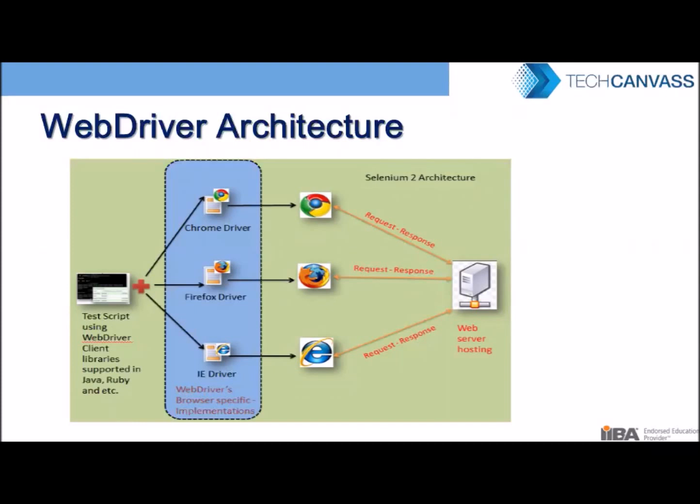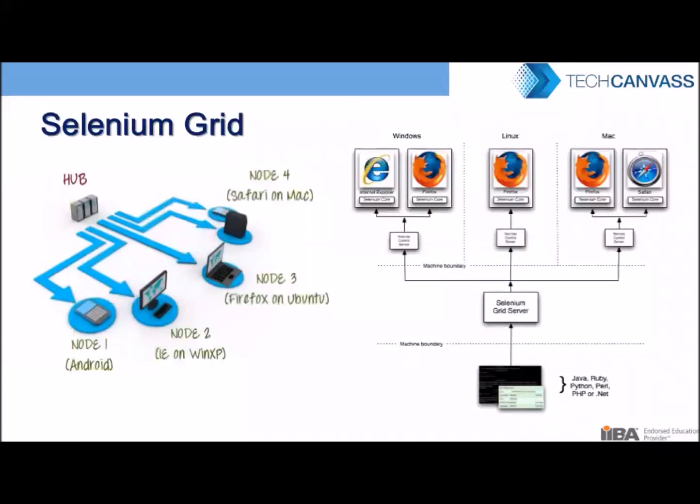Okay. The next is Selenium Grid. As I told you, we just have to write the script once here, then we have to configure Selenium Grid, and it will take care of multiple platforms and multiple browsers as shown in this figure. See here, I have configured Windows as an OS. There is Linux, and the third one is Mac, and different browsers, you can say, IE, Mozilla, and Safari. So your single script will run on different platforms using Selenium Grid.